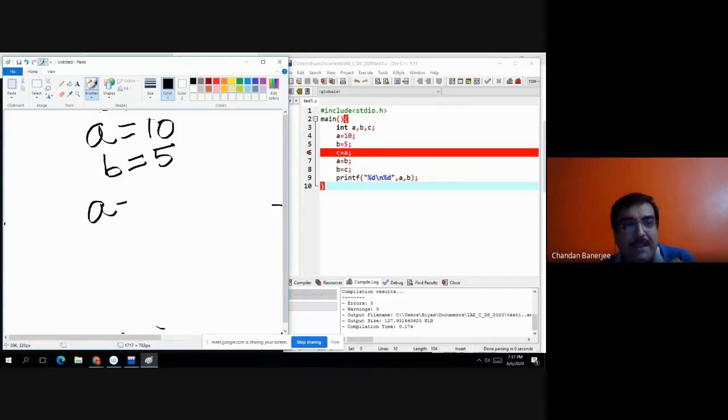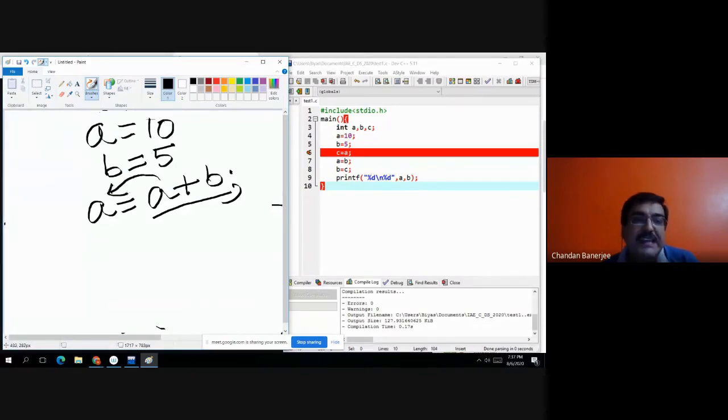So now I am writing a equals to a plus b. Look, a plus b will be added and assigned to a. Right hand side value will be assigned to left hand side. I have already discussed several times. তাহলে এর ভ্যালু কত? 10.